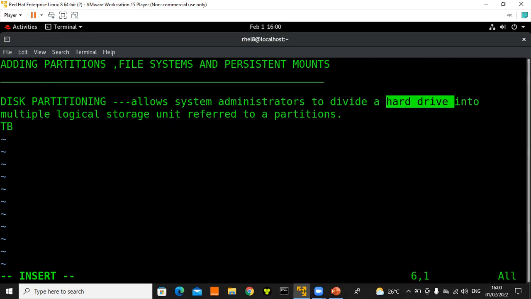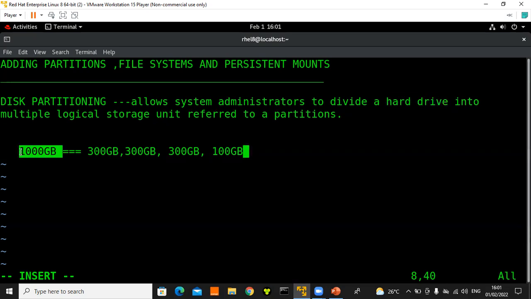So, okay, let me give you this. Assume that we have 1000 GB. This is your disk, so it's actually a whole disk. Now, if I come up with partitions of 300 GB, 300 GB, 300 GB, and then let's say 100 GB. It means that in this particular hard disk, whose capacity is 1000 GB or 1 terabyte, it means that